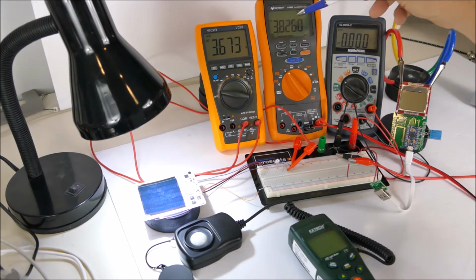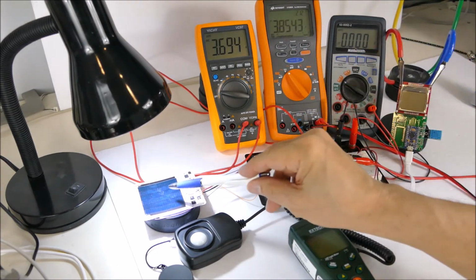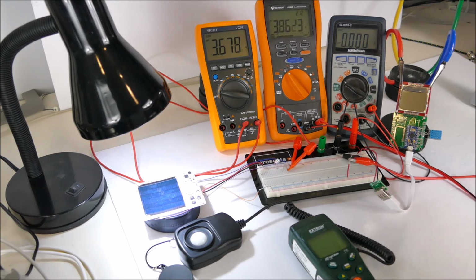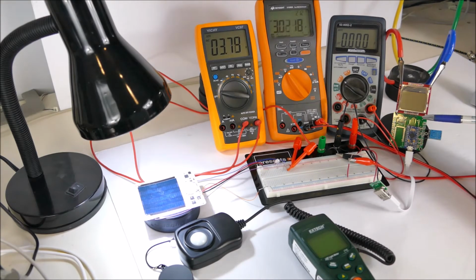In the middle here we have a meter that's measuring the capacitor voltage on the super cap, which is charging up due to all the light coming on here. On the right we have the output voltage, which will jump up to 3.3 volts when the super cap voltage hits 3.92 volts. And over here we have an Arduino microcontroller,